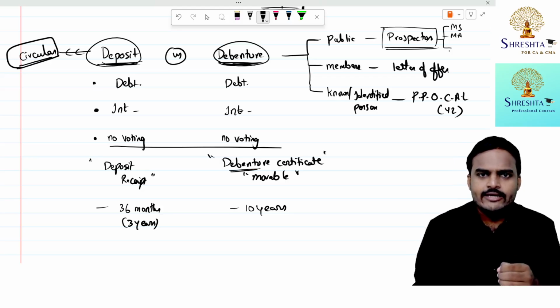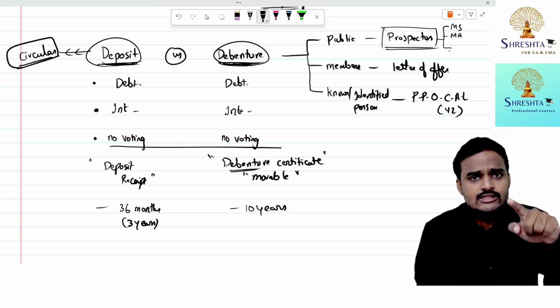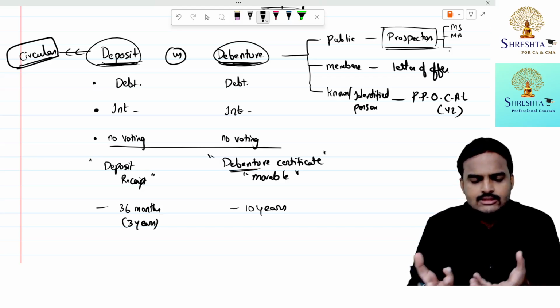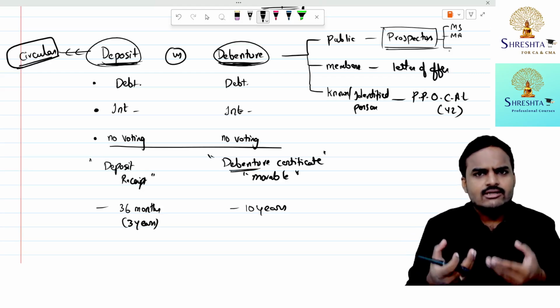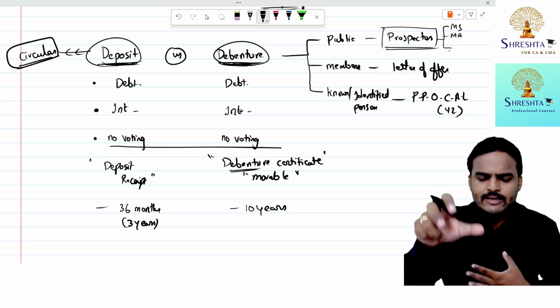Of course, whenever I need funds, I can go to a bank. Understood? So I can borrow money from banks, but I need to comply with the conditions put by the banker. Understood? Suppose I have trust in the market. Many people trusted my company. Now I want to encash the trust. So simply I'll issue a circular. So the company is accepting deposits.